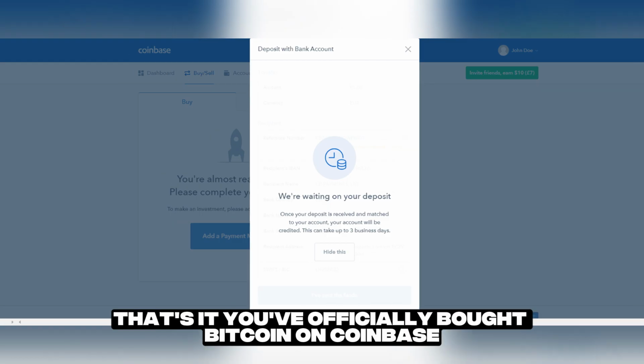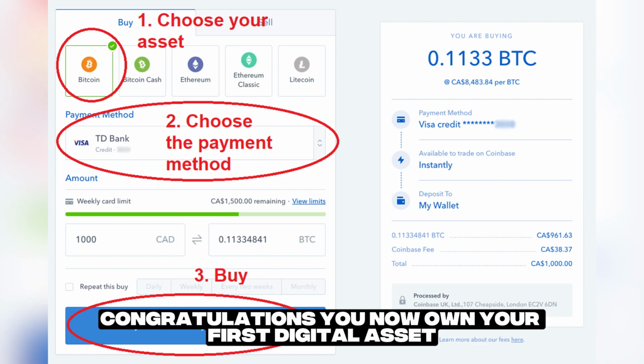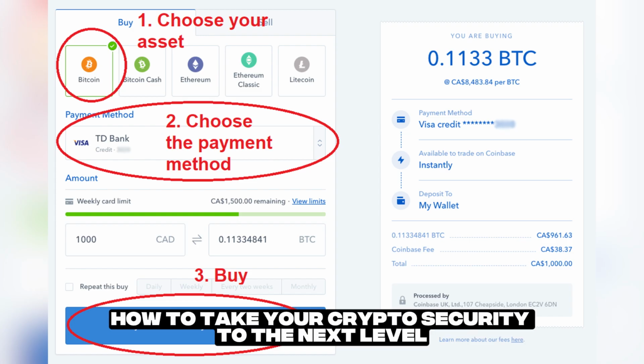That's it. You've officially bought Bitcoin on Coinbase. Congratulations! You now own your first digital asset and a piece of the future. Coinbase is a secure platform, but in a future video, we'll go over how to take your crypto security to